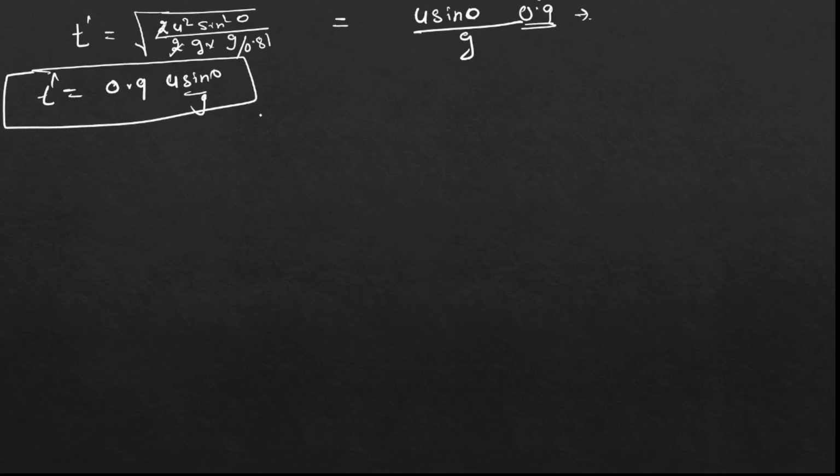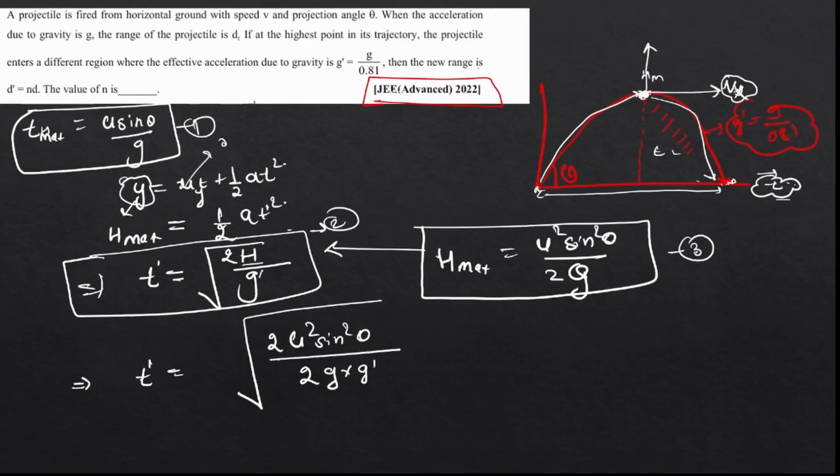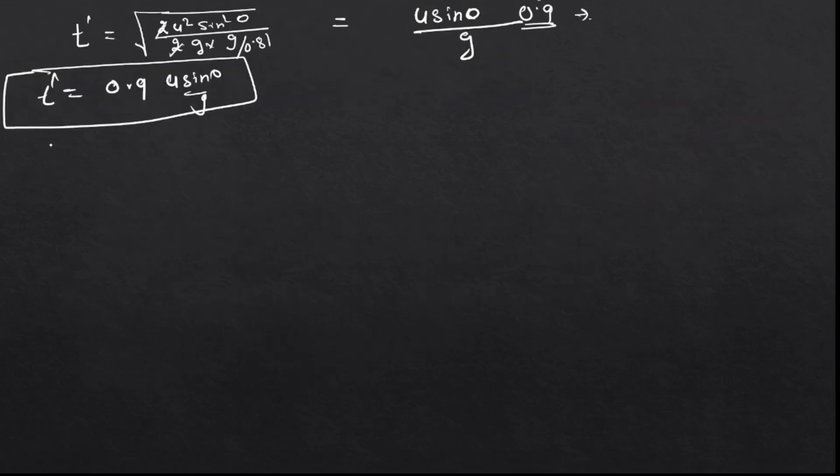Now see, the total time that it will take to reach from this point to this point will be its time of flight. That will be the sum of this time and the time that we have driven, right? So the total time will be t plus t dash. Put these values, what we will have,